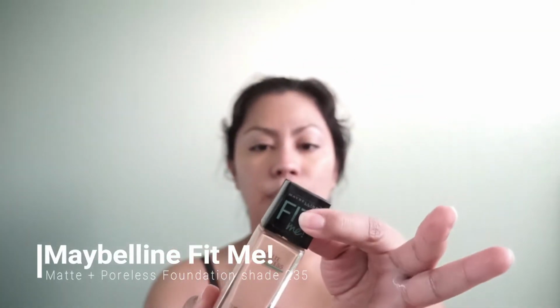Next I'm going to take my Maybelline Fit Me foundation. It is in the shade 235, and so far I have been loving this one. I ran out the other day and I wanted to try a new foundation, but then I was like, well, if I already found something that I like, why go and mess it up, you know? So just dab it all around, and once everything looks blended, I will go ahead and use my